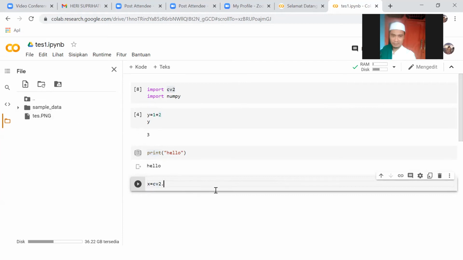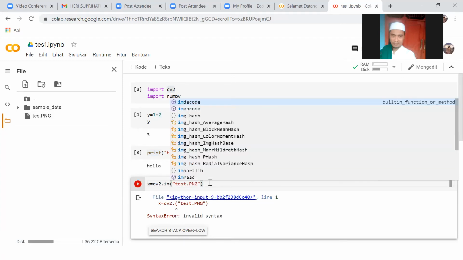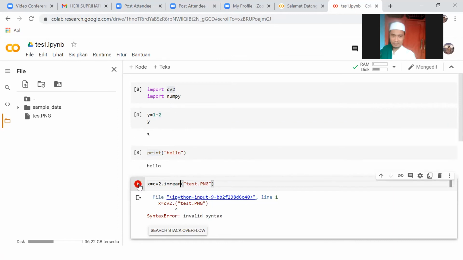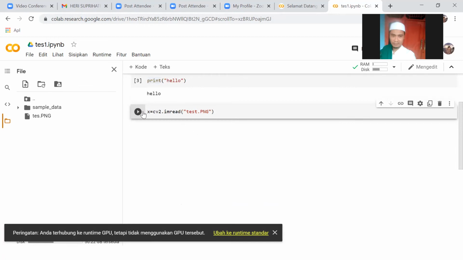This is the test. We run. Sorry. We just found that imread. Or you can open the official site of OpenCV to see what the function is behind the OpenCV.